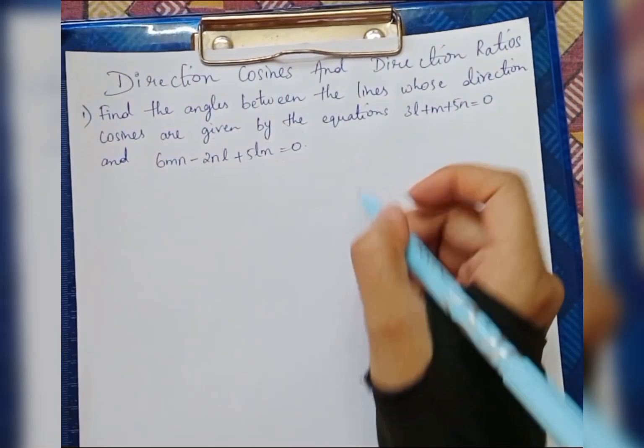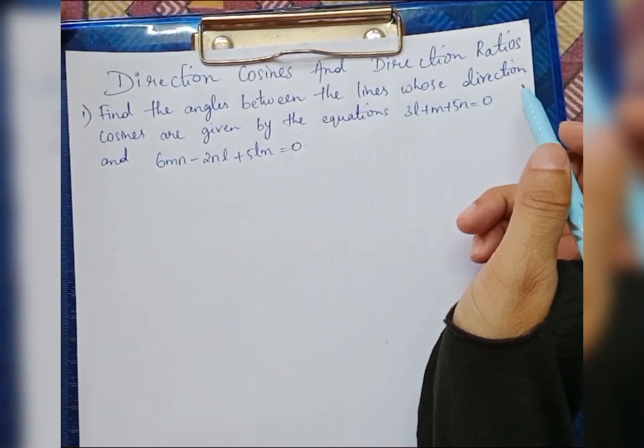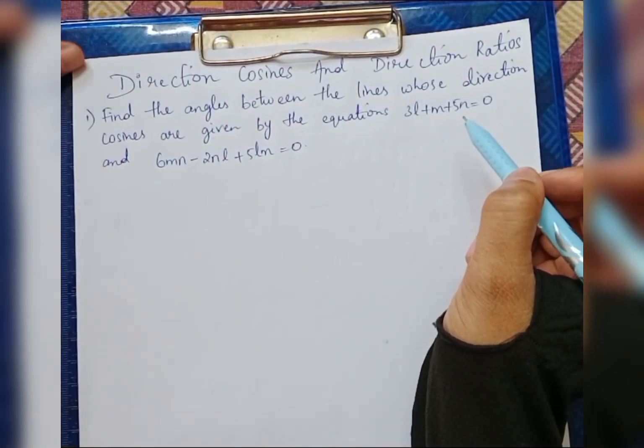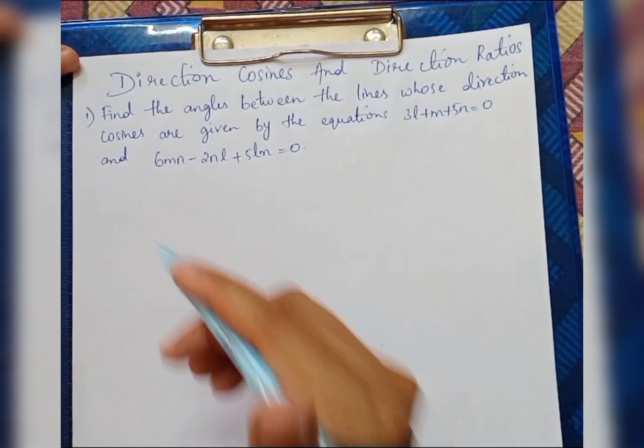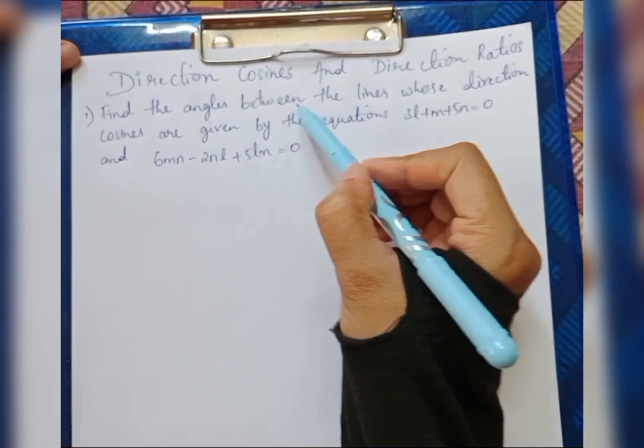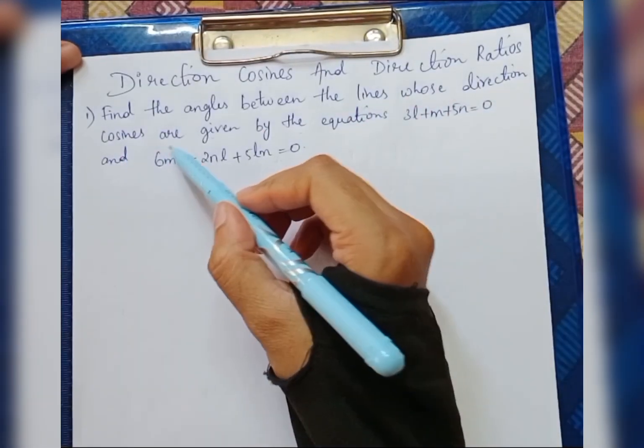So our next chapter is direction cosines and direction ratios. These questions will come for 7 marks in your board exams. Practice them well. So our first question is, find the angles between the lines whose direction cosines are given by